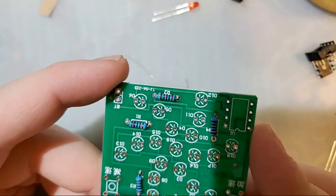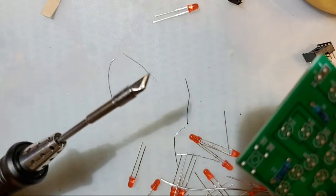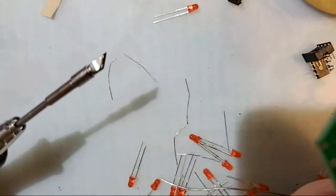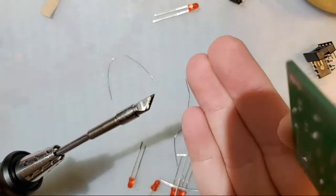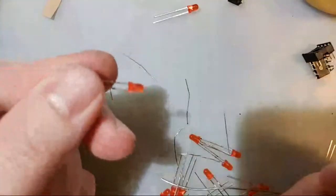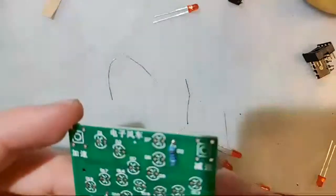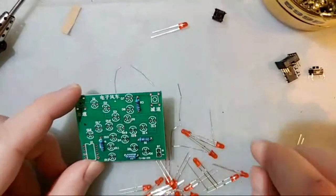Yeah, exactly. I like the big K series knife tip because of all that thermal mass. It's just great for soldering. Trust me, it makes it so much easier when you get all that thermal mass and you can just add the heat directly into the joint. You do have to be careful when soldering stuff like this that you don't overheat them, but I think it'll be all right. Next, let's do